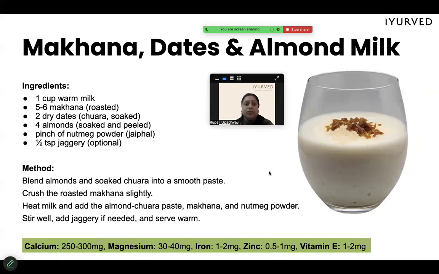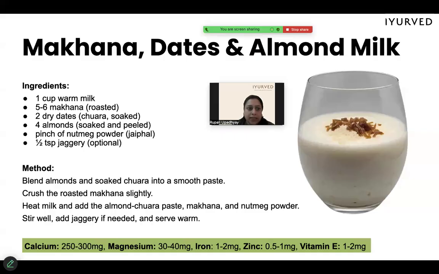नेक्स्ट रेसिपी जो है वो है मखाना एंड ड्राई डेट्स एंड आलमंड मिल्क। मिल्क जो है वो हम जानते ही हैं कि रिच सोर्स ऑफ कैल्शियम होता है, बट अगर आपको लगता है कि बच्चे को आपके डॉक्टर ने मना किया हुआ है, आप कोई भी कैसीन फ्री डाइट के लिए सजेस्ट किया है, तो आप प्लांट बेस्ड मिल्क ले सकते हैं, या फिर आप इस रेसिपी को पानी में भी बना के बच्चे को दे सकते हैं।